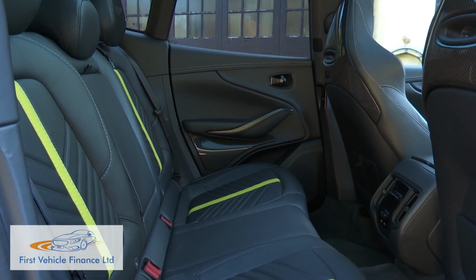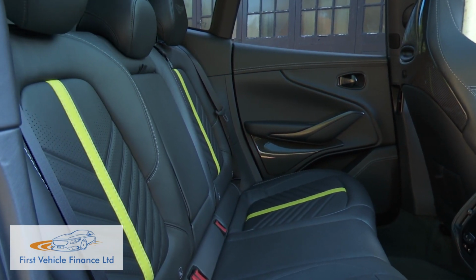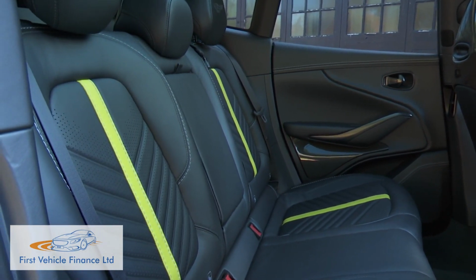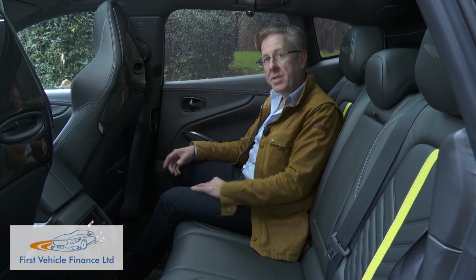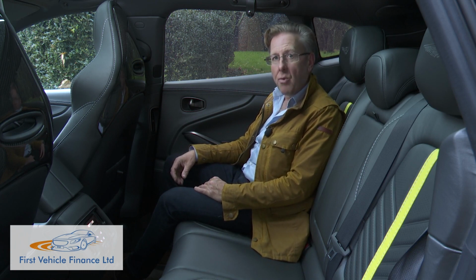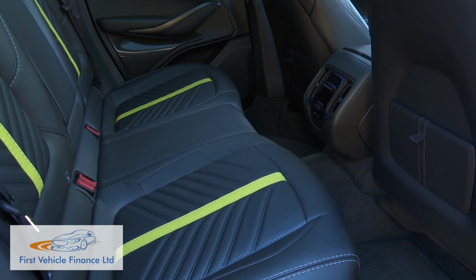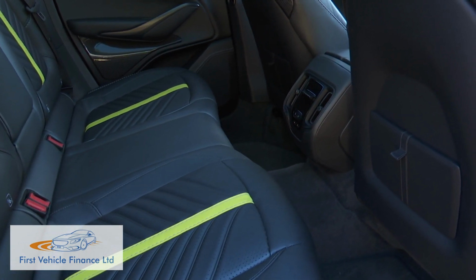Aston says that rear passengers were central to the design process. The design team wanted an inclusive feeling for those in the back of the car, but without the feeling that rear occupants were leaning over those in the front, which can sometimes be the result of so-called stadium-style rear seating designs. In the event, it's all been very well judged, with knee and leg room that's difficult to better in